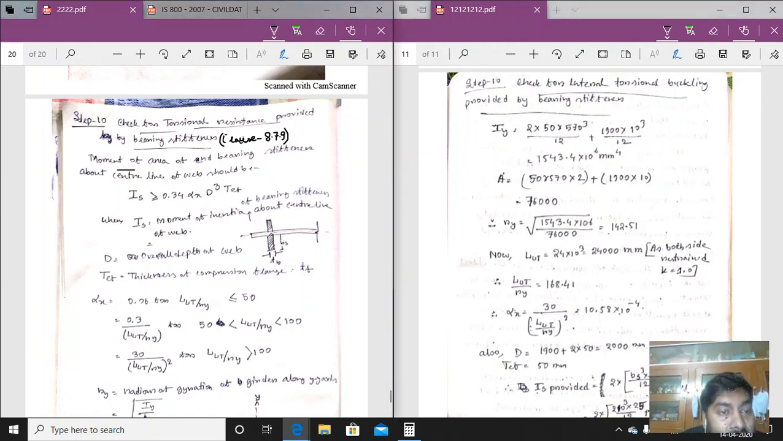So the moment of area of the end bearing stiffener about the central line of the web should be determined. So this is the central line of the web. So the moment of area will be determined. So first the